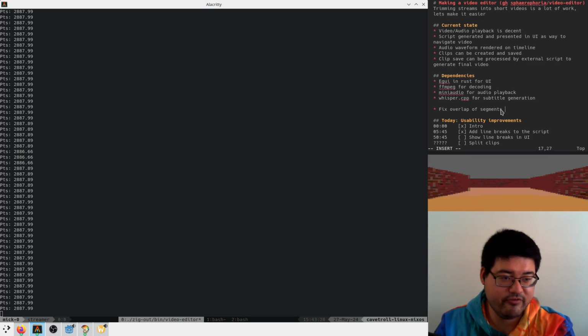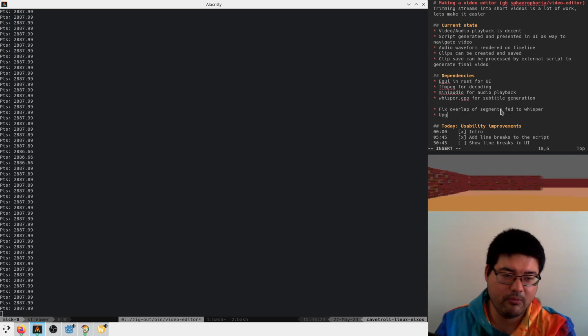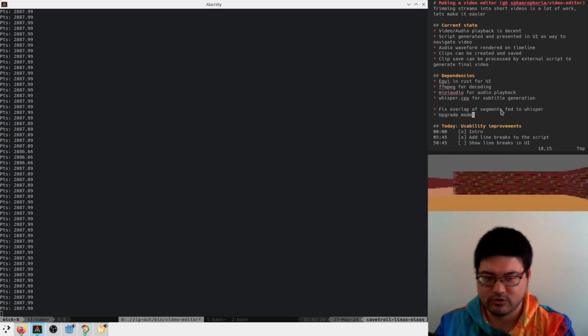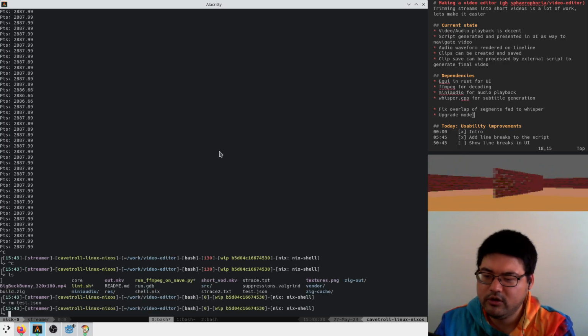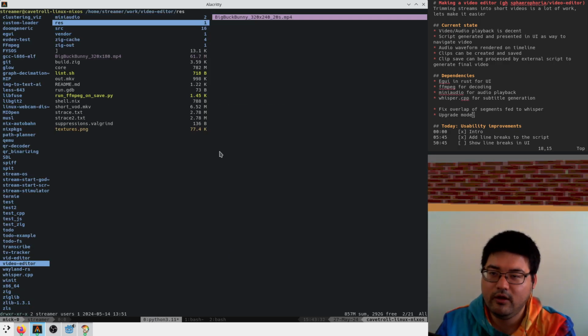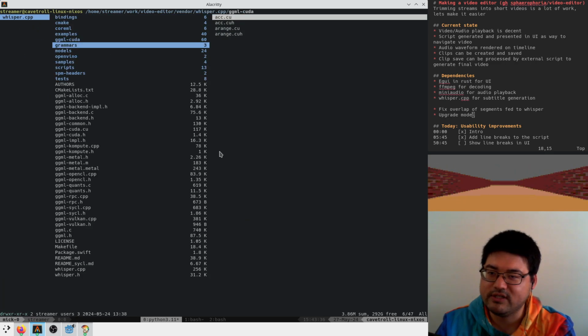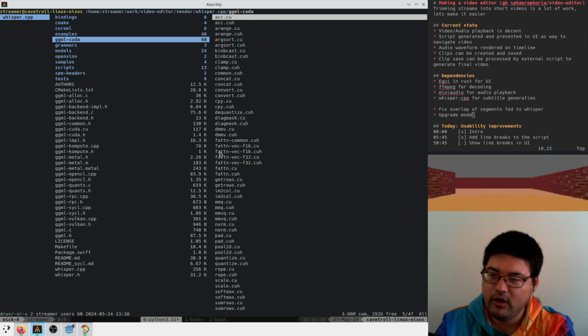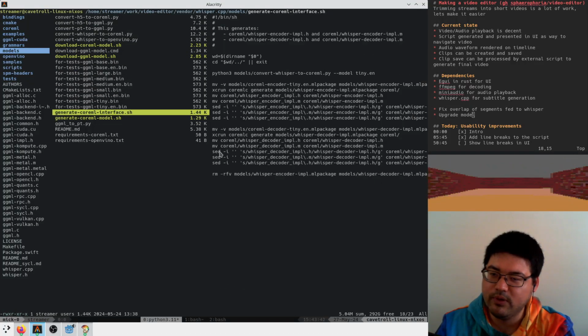Of segments fed to Whisper. We have upgrade model. This one's easy to try, so we might as well just upgrade the model right now. So we can look at, I think in Whisper CPP, I've downloaded the normal model. And I was like, we'll just use the worse one for now until this one works, but